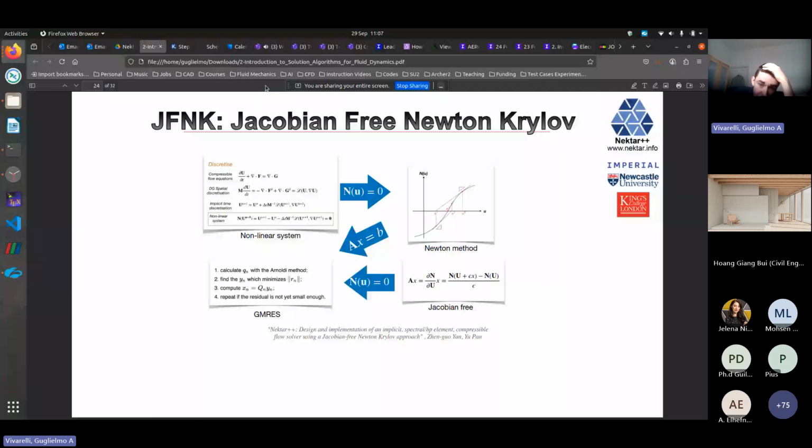You take your initial guess, u0, which can come from the previous time step, determine the slope, which you see in red. You go all the way to the x-axis, determine your u value there, project it onto the curve, take another gradient, and you move to u2, and so on and so forth until you reach convergence, or generally based on user-defined quantities. Now, because this is a Taylor series expansion, we then end up with a linear problem, which is Ax equal to b, and this we can solve with a GMRES kind of